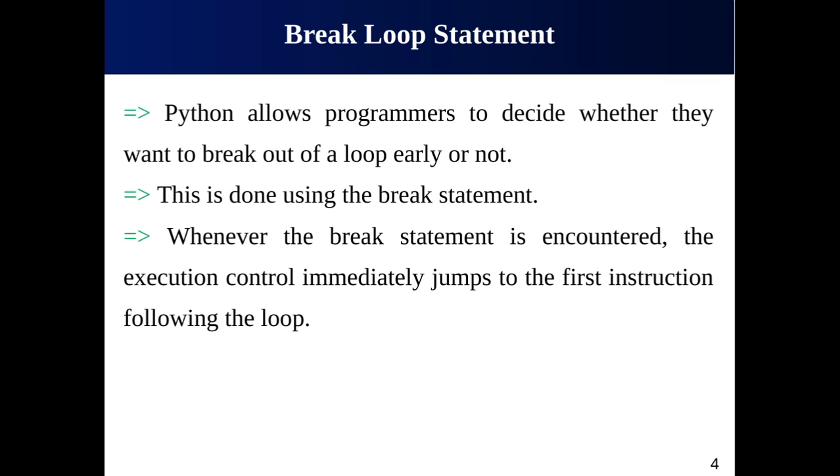Okay, so inside your program, when the break statement is encountered, the execution control immediately jumps to the first instruction following the loop. Meaning you can terminate the loop with the help of a break statement, and you can transfer the control to the next statement following the loop. So actually this statement allows a developer or a programmer to alter the normal cycle of the loop, but based on some criteria which may not be predictable in advance. For example, it may be based on some user input.